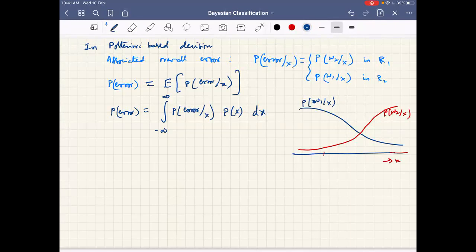This is important. In fact, the elegance of Bayes classification lies in quantifying exactly the probability of errors. Many classification approaches will give a classification, but they will not be able to quantify the associated error with the corresponding decision. But Bayesian classification quantifies how much confidence you have in this classification, or how much error is probable with your decision. That's where its edge over the other classification methods lies.